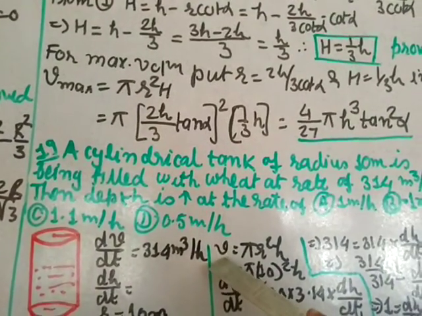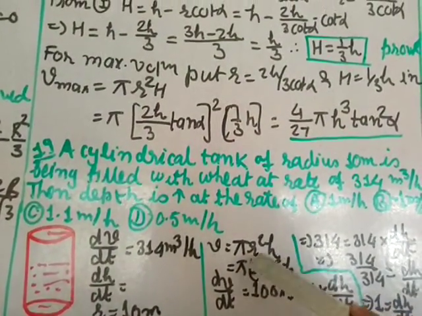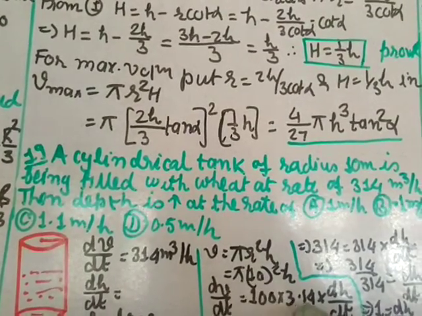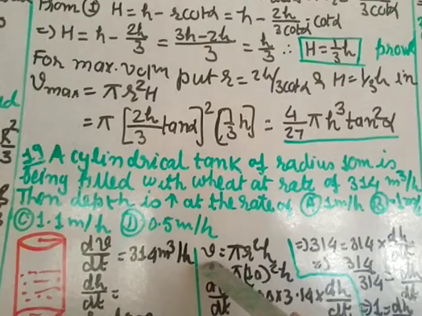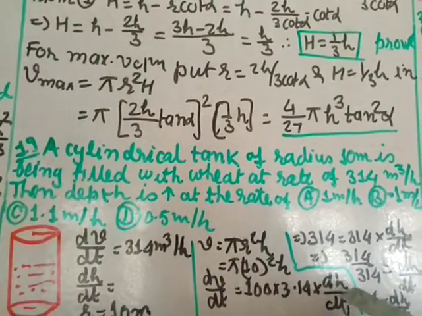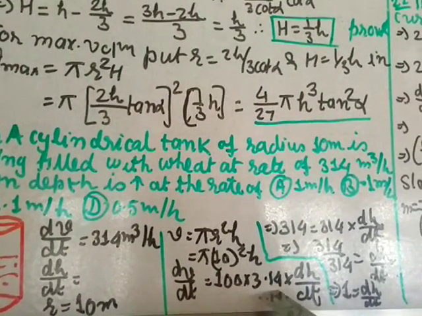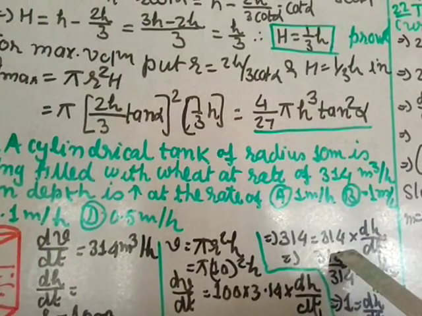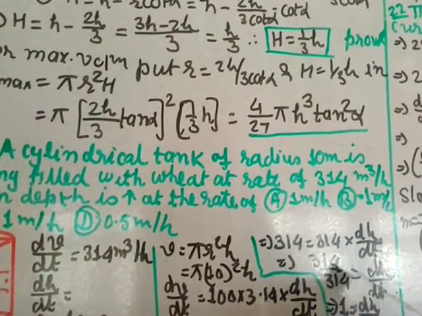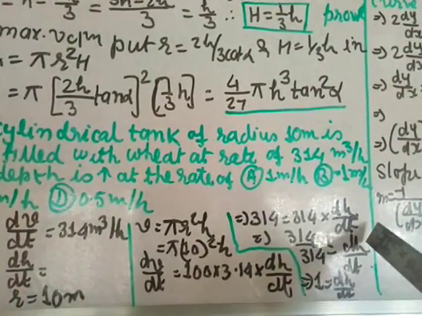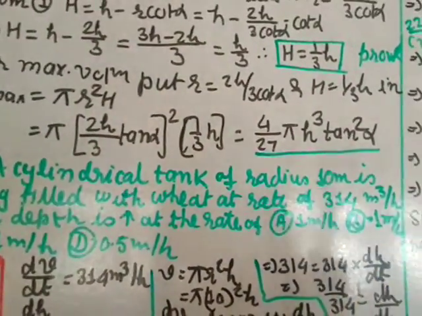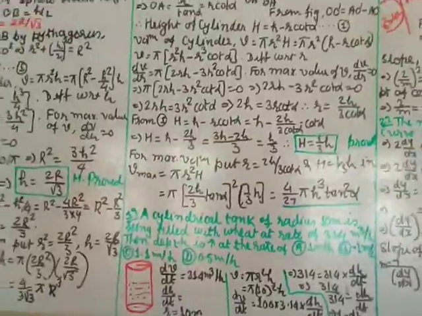So you use volume of the cylinder, V is equal to pi R square h. R value is given, put the value, so 10 square, which is 100, so 100 into pi value 3.14. Now differentiate, so dV by dt. This is constant, just keep as it is, and h will be dh by dt. Now 100 into 3.14 will become 314. Then 314 you transfer over here, it will become 314 by 314, which gives you 1, and this side remains dh by dt. So rate of change in height will be 1 meter per hour. So option A is the correct option. Thank you very much.